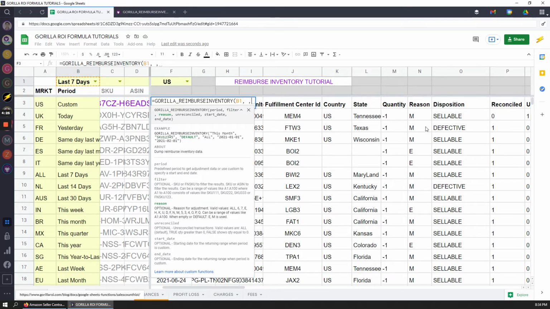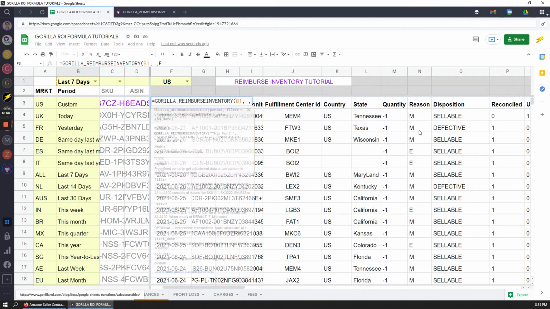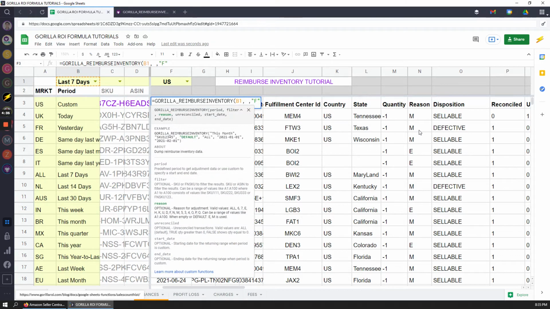So the reason is going to be the different codes. Now, by default, it's going to look up, as I said, E and M if you leave it completely empty. But let's say I want to look up, say, F. Since it's a letter, I have to put it in quotation marks. And F is for inventory found. So Amazon may have lost it, but then they found it and put it back into your account, right? So F, and then if I do